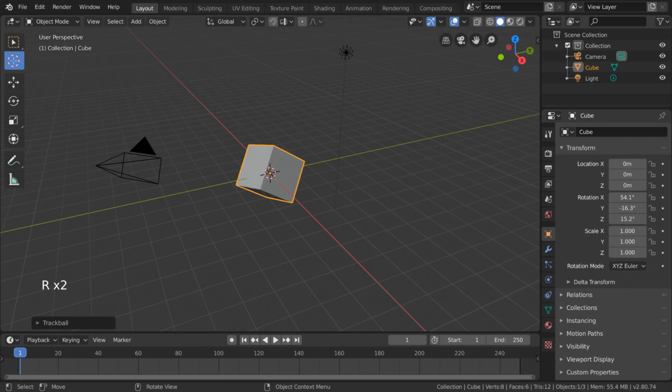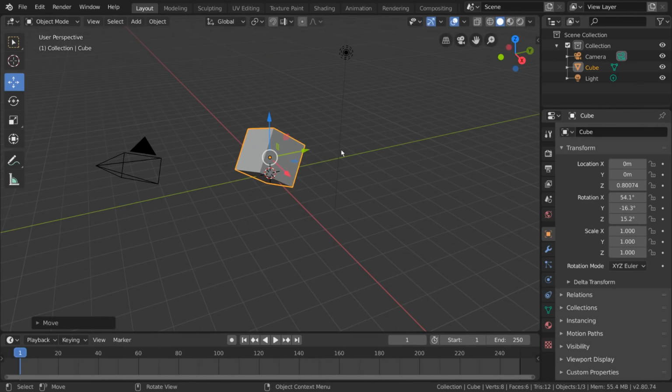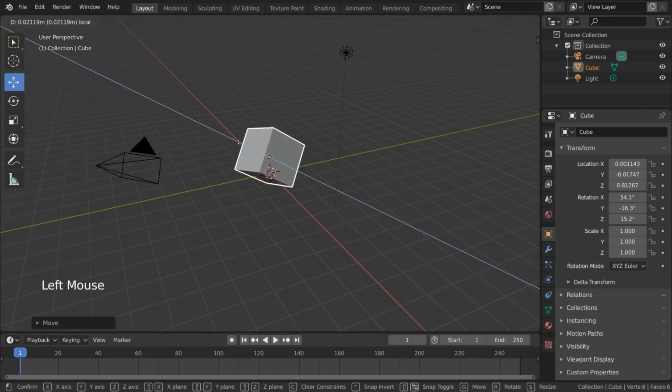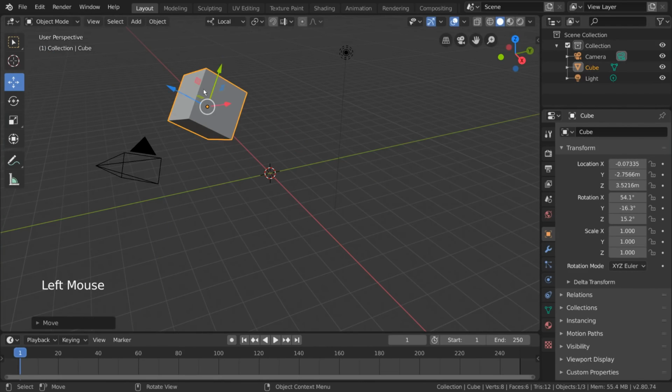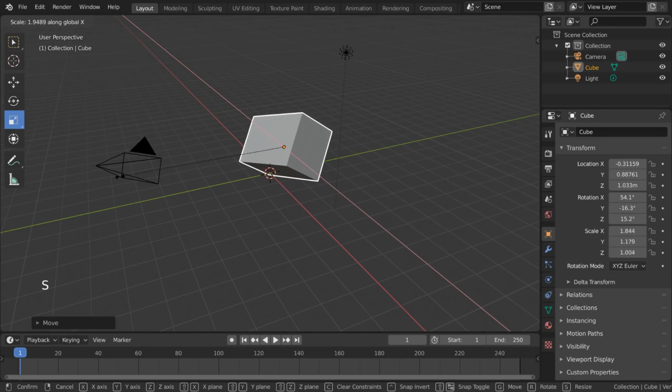Okay, now let's say I've run into the issue where I've rotated my object, but now I can't move the object along its own upwards axis. I'm stuck moving directly up, and that's not helpful. Don't worry, all you have to do is change this drop-down menu up here from global to local. This will change all gizmos to display the object's local axes instead of the global axes for all transformations. For hotkey users, you can access local axes simply by pressing X, Y, or Z twice instead of once after initiating your